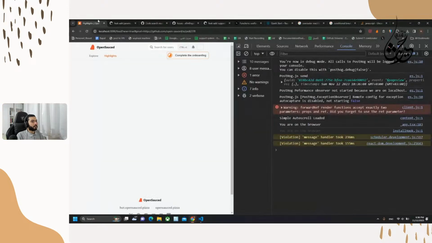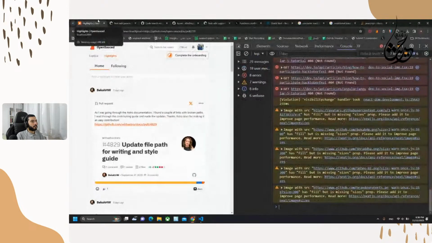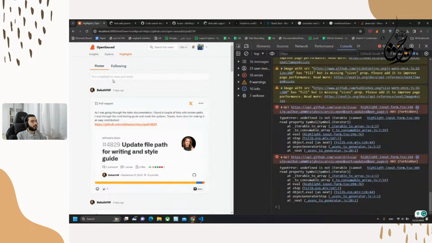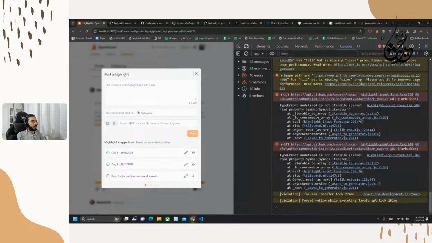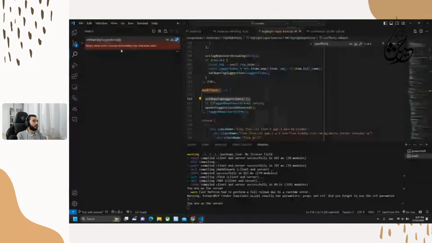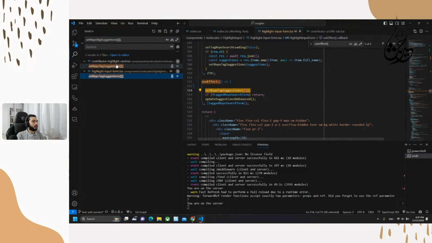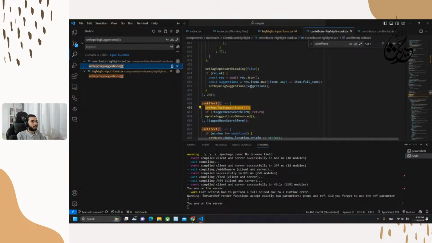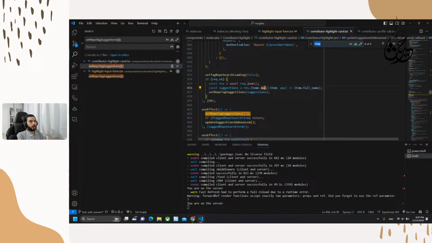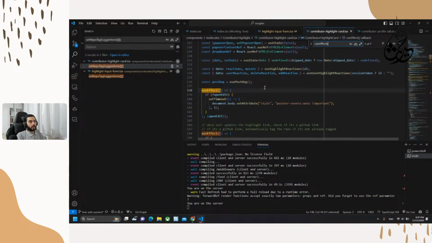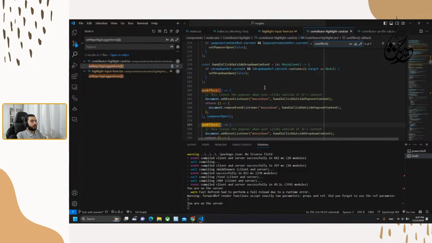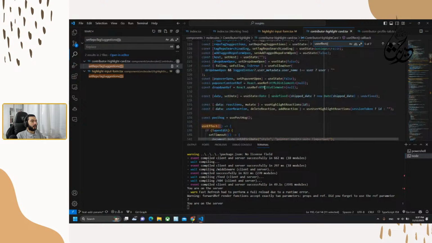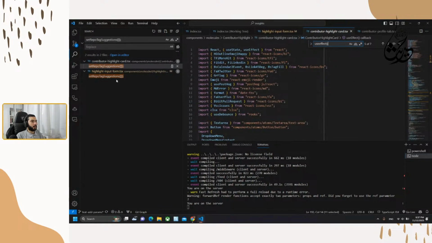Hmm, I think those two components are identical and they are using the same logic.